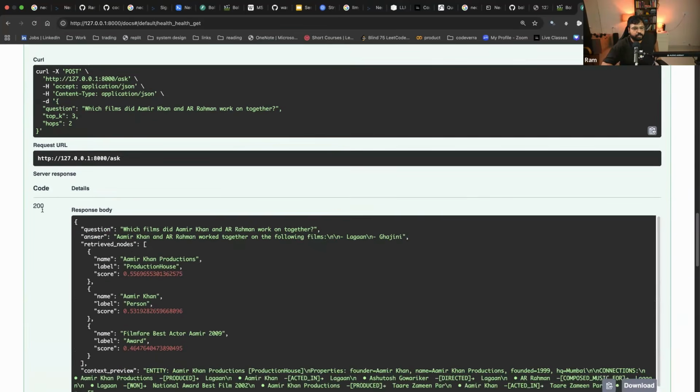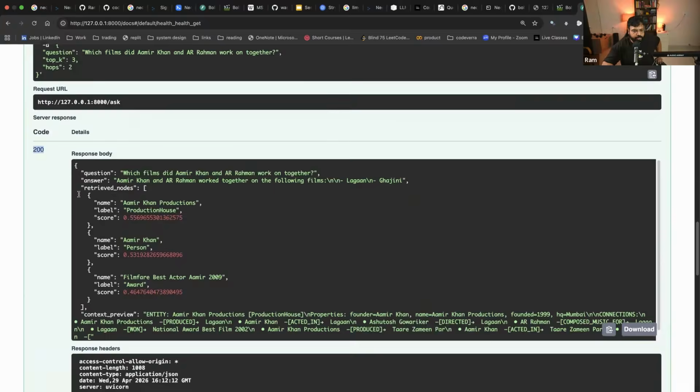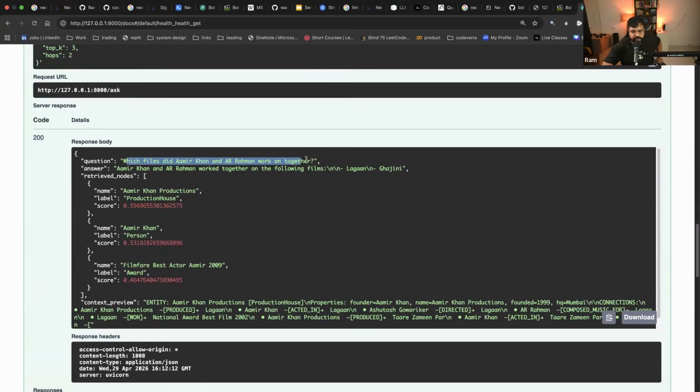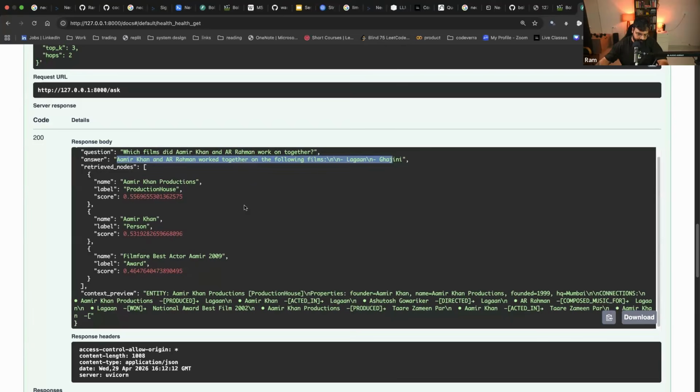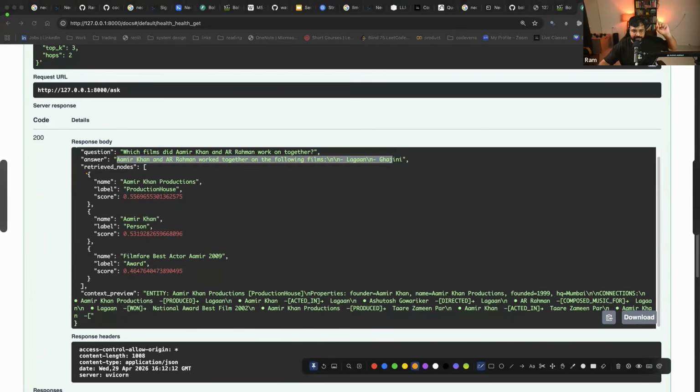200. Yes. Okay, so you can see here quickly what the question is: which films did Amir Khan and AR Rahman work on together? The answer is Amir Khan and AR Rahman worked together in the following films: Lagan and Ghajini. Okay, so what are the nodes that were retrieved? If you look at the schema of what I'm returning, the question, answer, and retrieved nodes